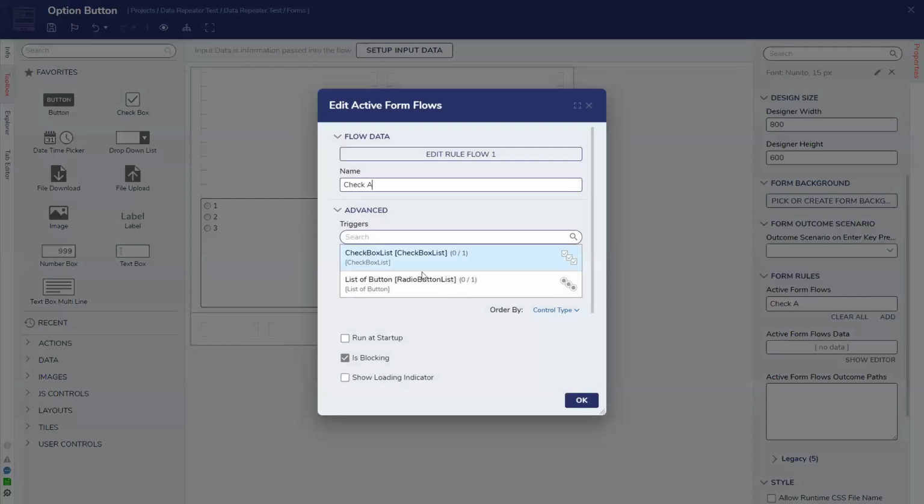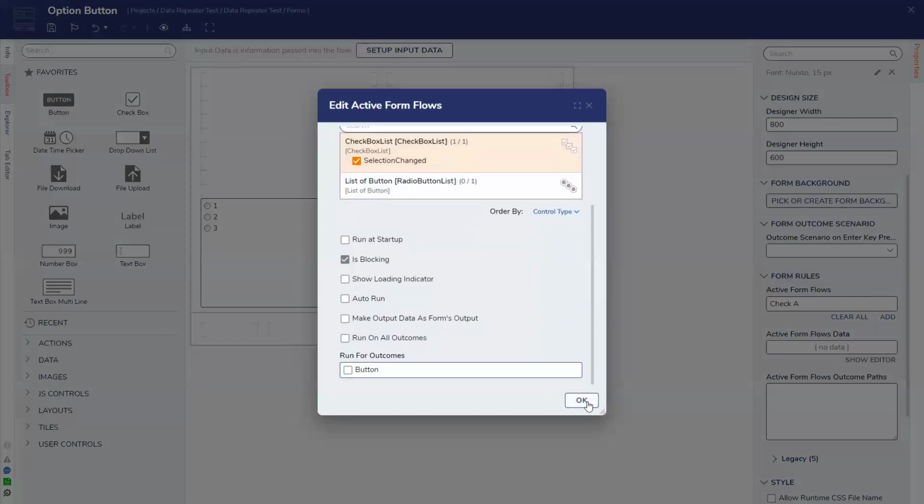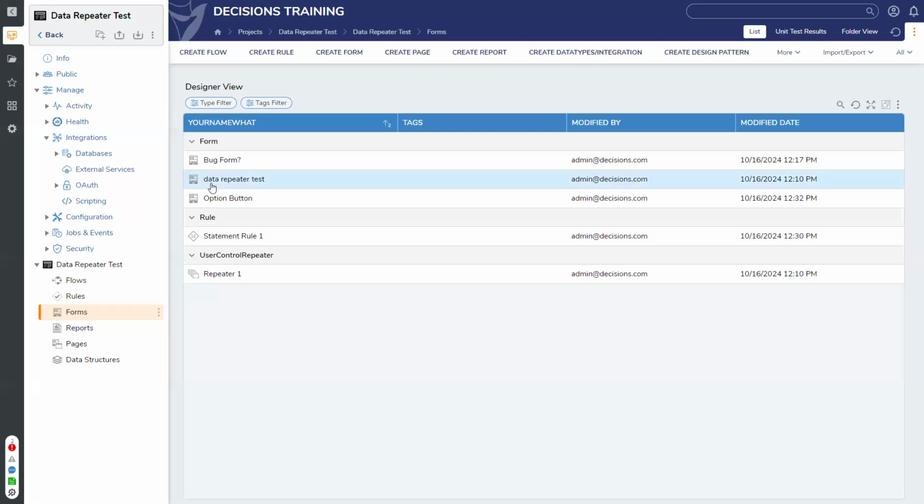We have to make sure that this active form flow runs when something's actually checked, right? So whenever selection changes, we want to run this. All right. So let's hit save on this. And now